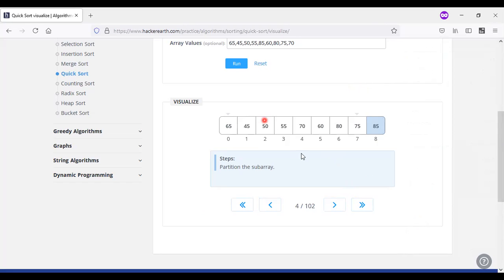See here, it is an arrow mark presentation. So partitioning of the array here. Partitioning of the array means compare the value with this one. How I am going to compare the values means this one. So here 65 and 75 have to be compared. 65 is less than that one and 75 is also less than that one.